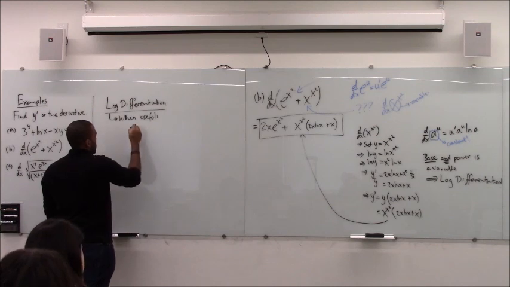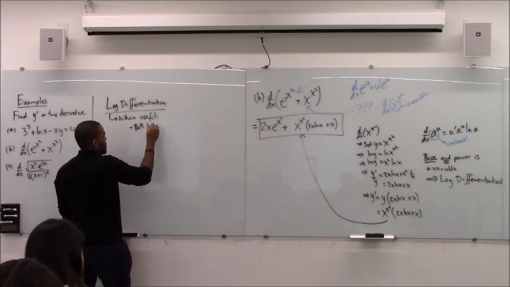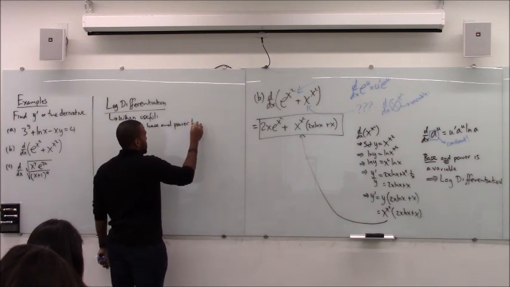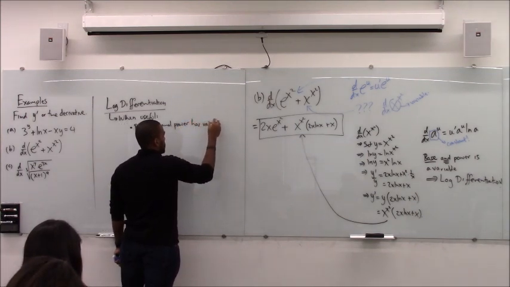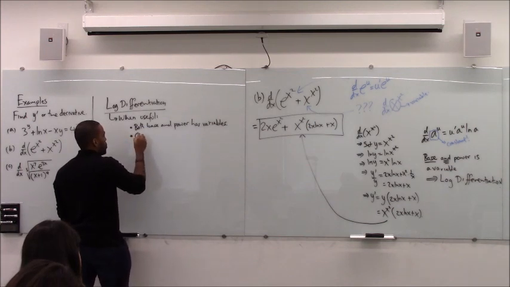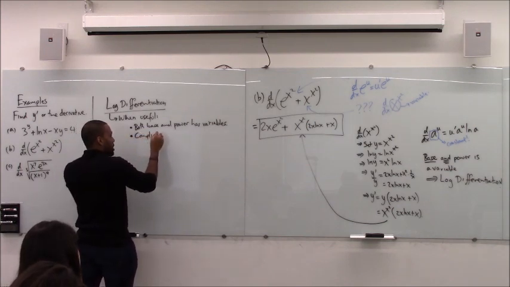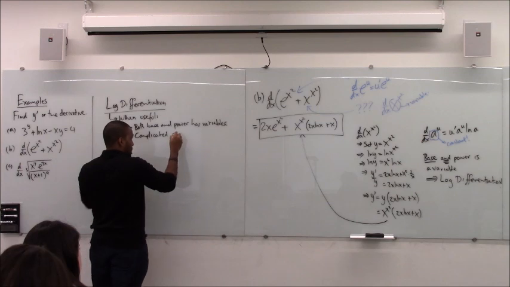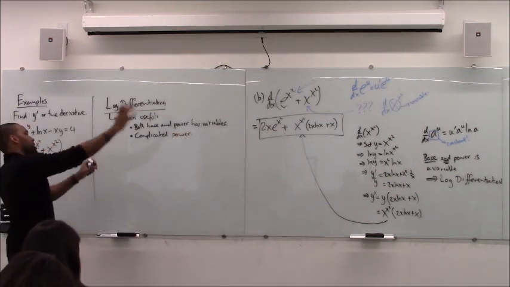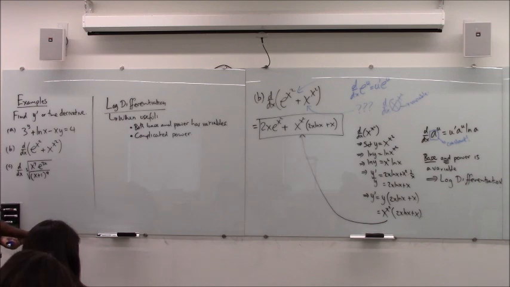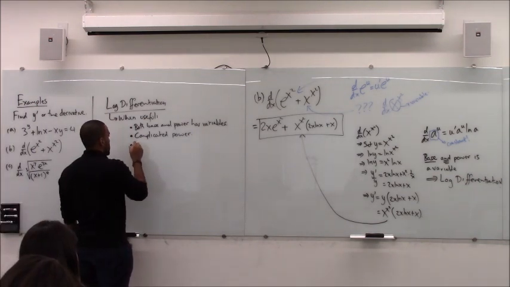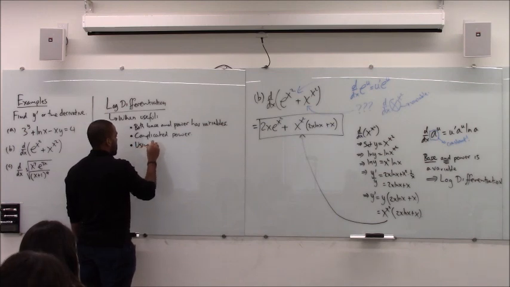Situations like I said, where both base and power have variables. You can just use it in general for when you have complicated powers and you don't know how to deal with the power being a weird way, because once you plug in the ln, it allows you to take the power down, so it's not a power anymore. It's also useful in situations where using product,